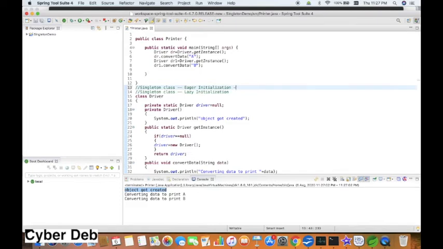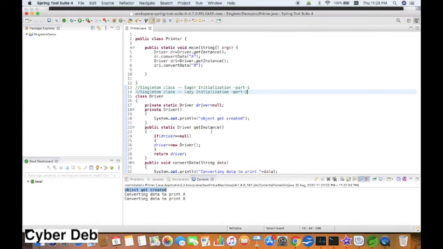This is what we saw in part 1 and here is part 2. This is very important because in Spring Boot applications, which we are going to discuss in future videos, we will see not exactly this example, but a singleton design pattern implementation by using Autowire, by using dependency injection.